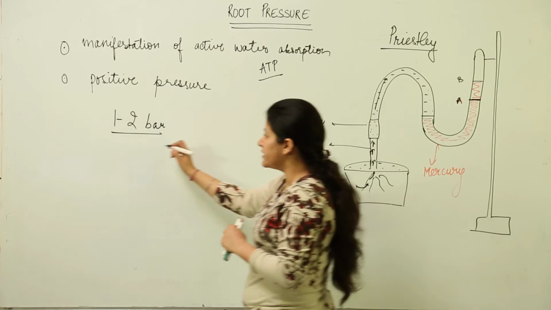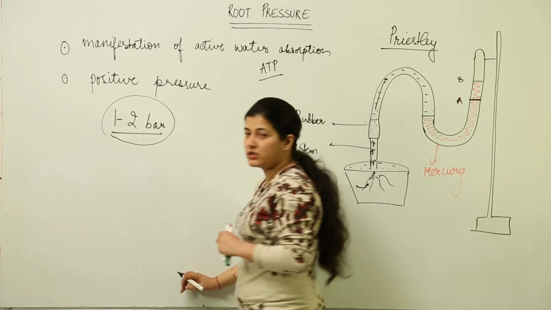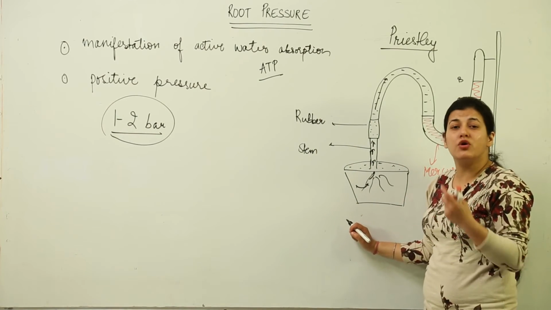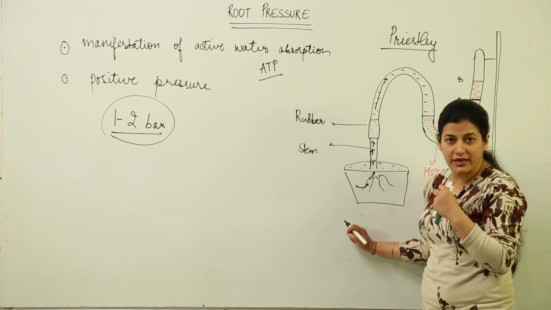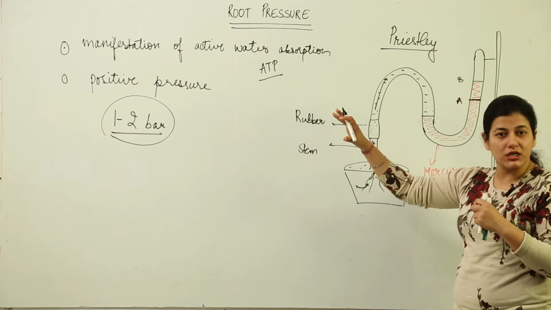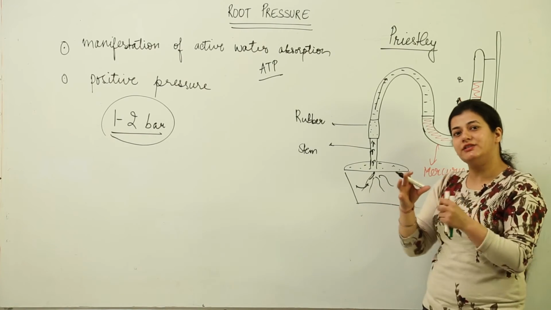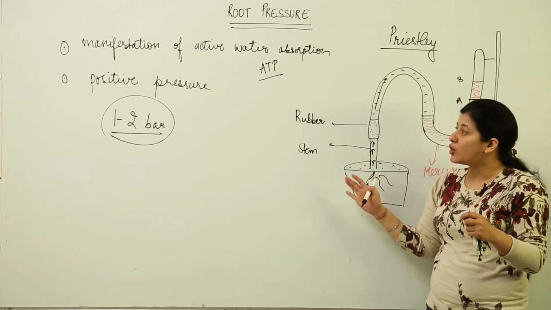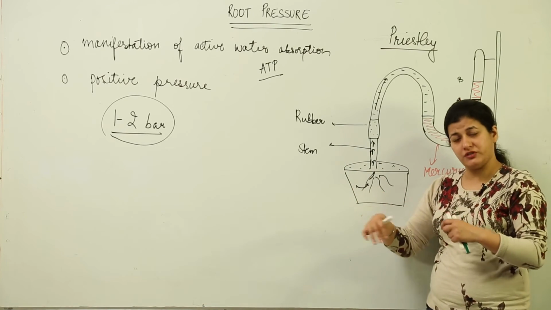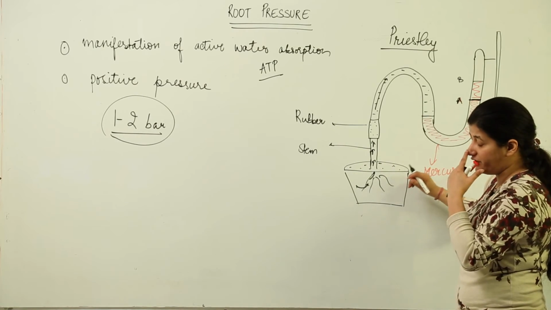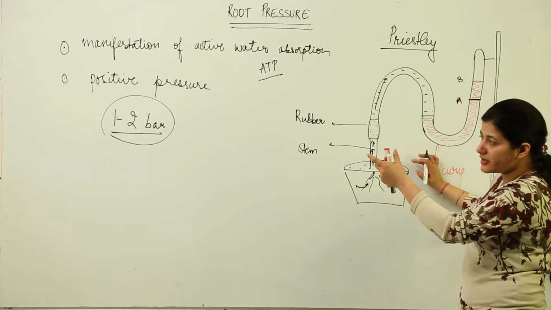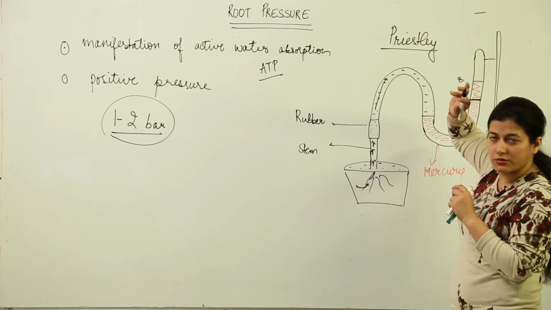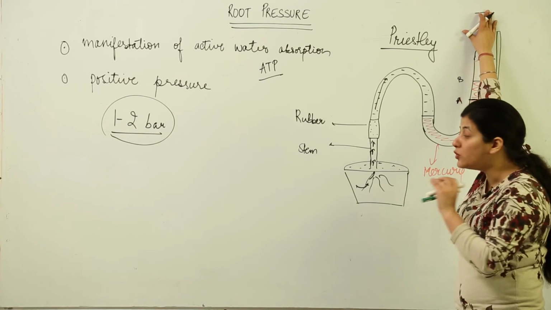Why? Because this much value you cannot ascertain to the huge plants which are almost as tall as 400 feet. The gymnosperms do not have root pressure at all because they do not have tracheary elements. As I told you, this root pressure was the result of the osmotic activity inside the tracheary elements of the xylem, and gymnosperms do not have tracheary elements. So in those plants which are so huge, with a height of more than 400 feet, redwood trees as you must be knowing, this much pressure can make the water rise from here till here, or at max this place, a few centimeters I would say, not more than that.